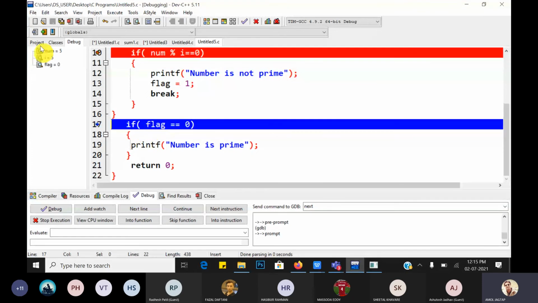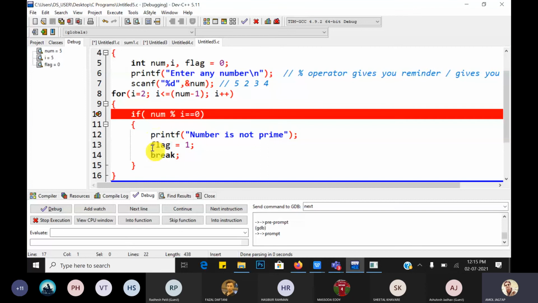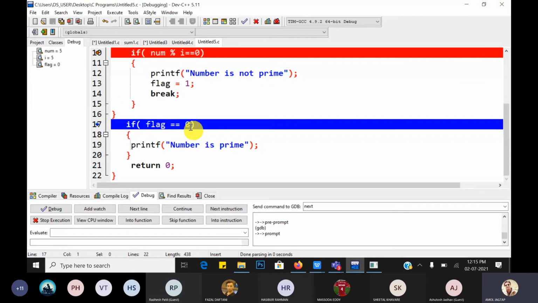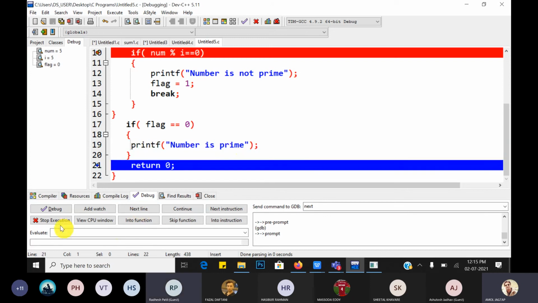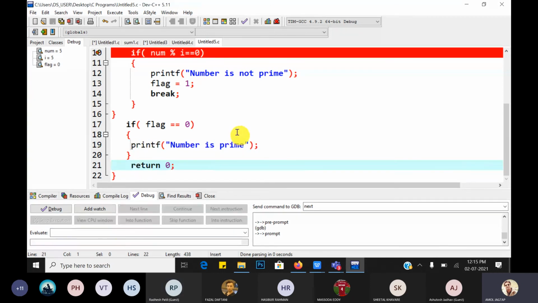If flag, what is the value of the flag? Because the cursor does not enter the body of the if, because 5 is prime, so it does not enter. So flag remains 0. So what is the condition? Flag is equal to 0. And the condition is true. So it gives number is prime. Next line. Stop the execution.